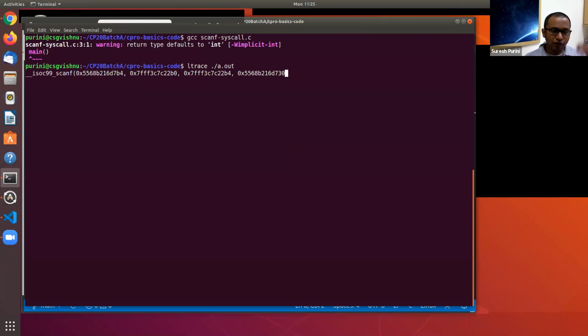When we do an ltrace on this, pay attention here. Let's say here 12 and 13 I have entered on the screen. Then you see scanf successfully read 12 and 13, and it returned 2, indicating that it read two inputs from the screen.